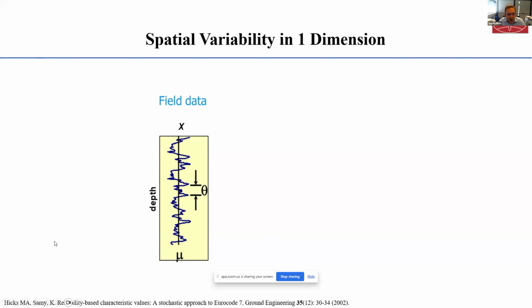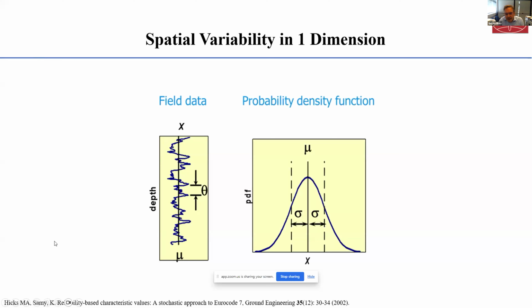In contrast, what we would do in a probabilistic or stochastic analysis is we would make use of all the data from the layer, and we would express it in the form of a probability density function characterized by the mean mu and the standard deviation sigma, and also by a third statistical parameter theta, which is illustrated in the left-hand part of the picture, which is called the scalar fluctuation. It is a measure of the correlation of properties of similar values. It's a measure of the distance between regions with similar material properties, I should say.